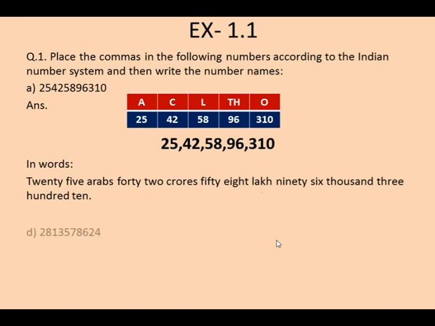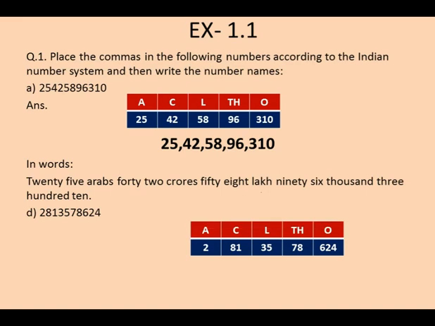Then we have the D part. I have taken the D part of it. So here again I have taken the place value chart table and placed the numbers accordingly. From the right, the last 3 digits in the last column, that is the ones column, then in thousands the next 2 digits from the right, and so on. I have placed the digits in the place value chart. Now I can easily read out the numbers and place the commas according to the columns I have taken here. According to the commas I have written the digit number.